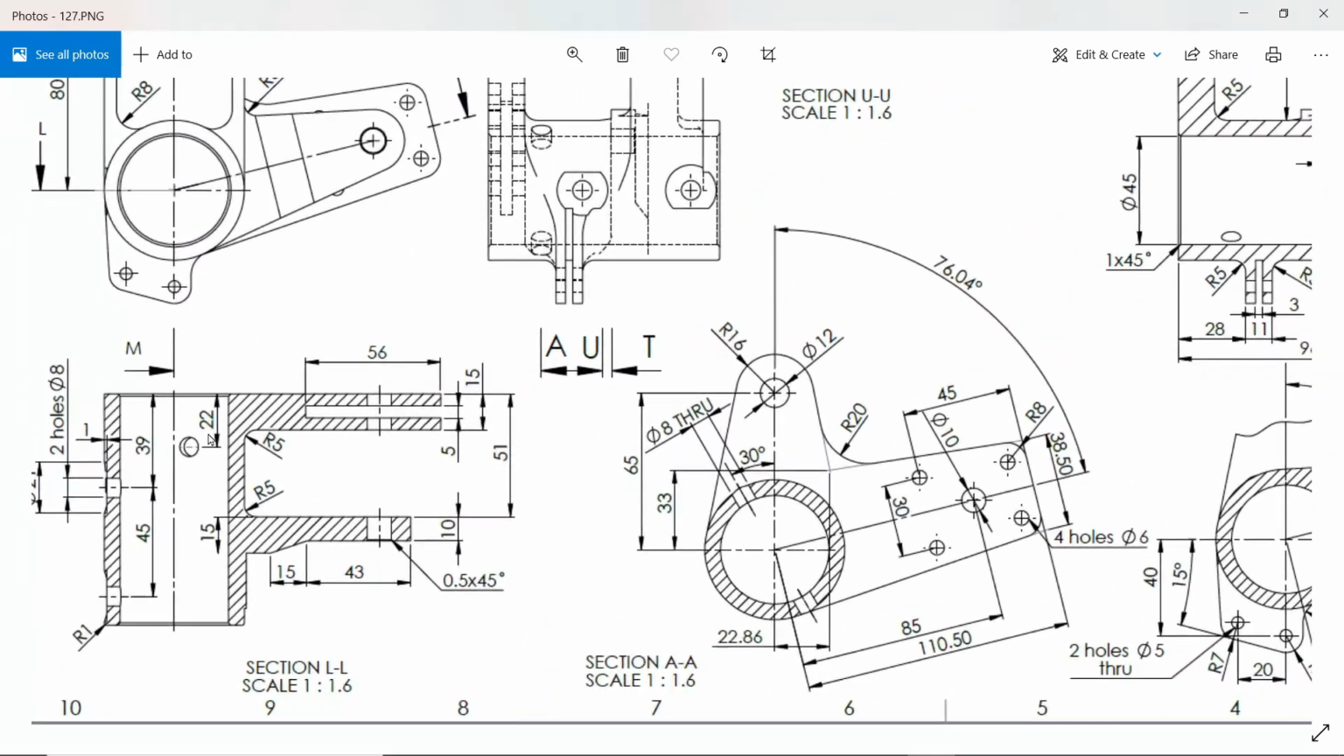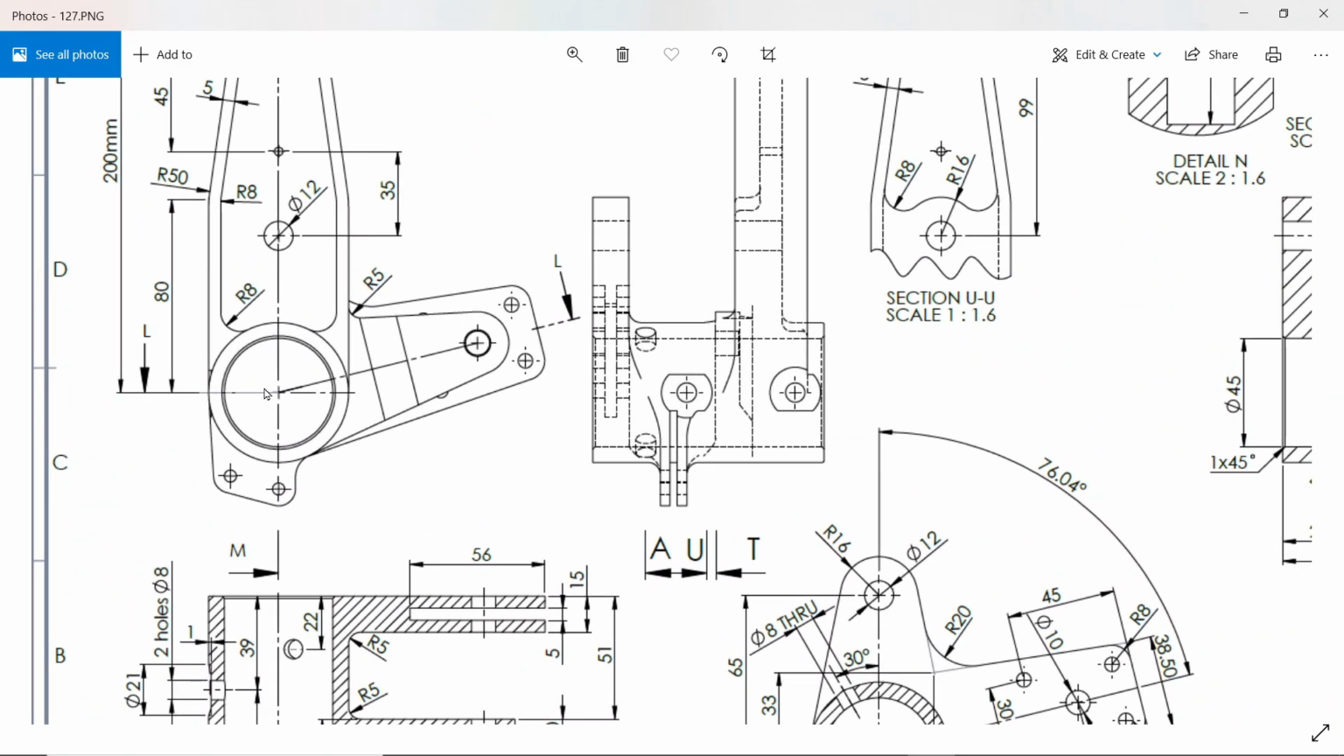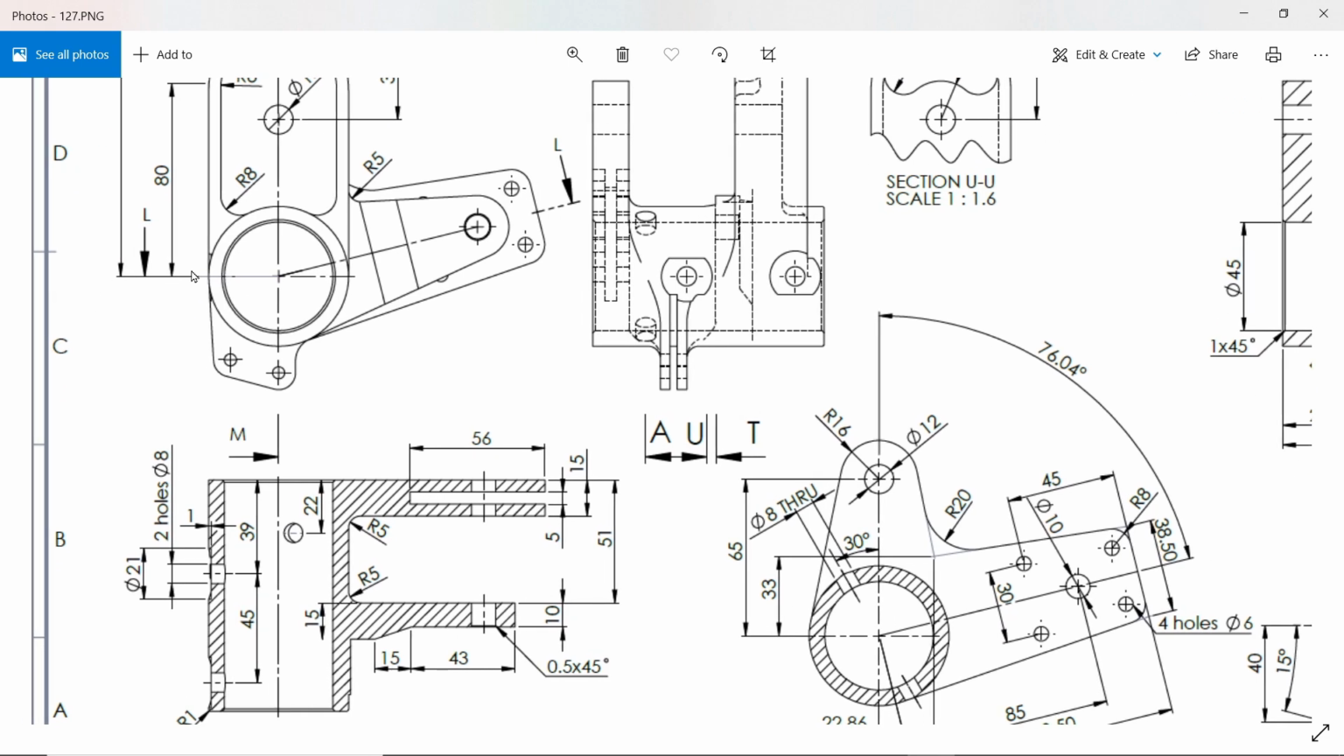Now here, if you see this section view, in that position you will see this counter bore hole. This is 12 outer, depth 1 millimeter, and 8 mm hole diameter inside. 39 from the bottom side, 45 from the second one. So these two holes we need to create,